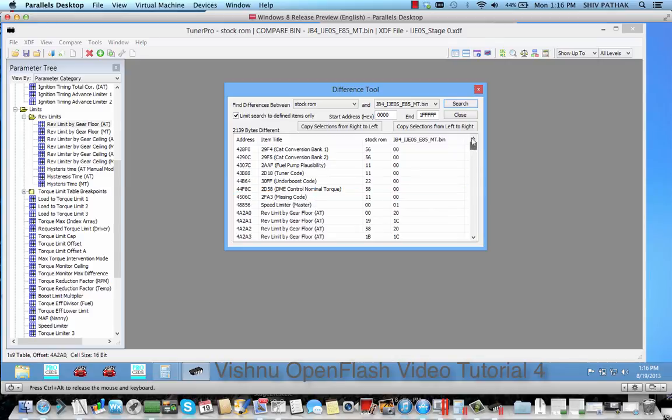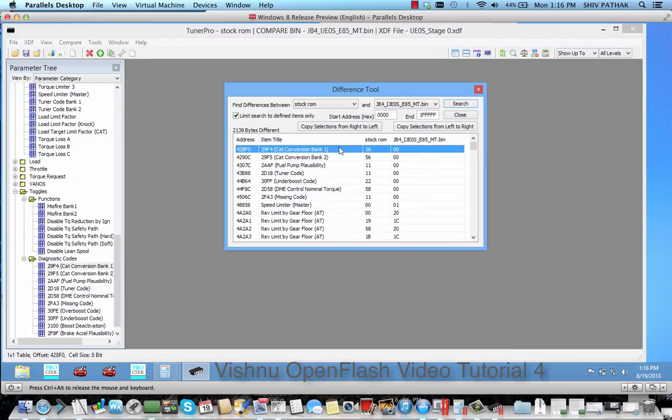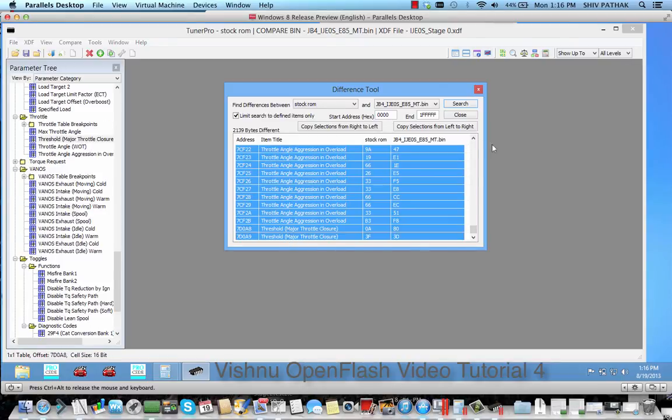So what you want to do is go to the top, click the first item address, go all the way to the bottom, hold shift, hit the last one. So you'll see now everything is selected. Now for some reason Control-A for select all doesn't work in TunerPro, so you have to do it that way. So it's one small little compromise. So that's it. You have all the tables selected, and now you want to copy the data from the right to the left. Click on that,